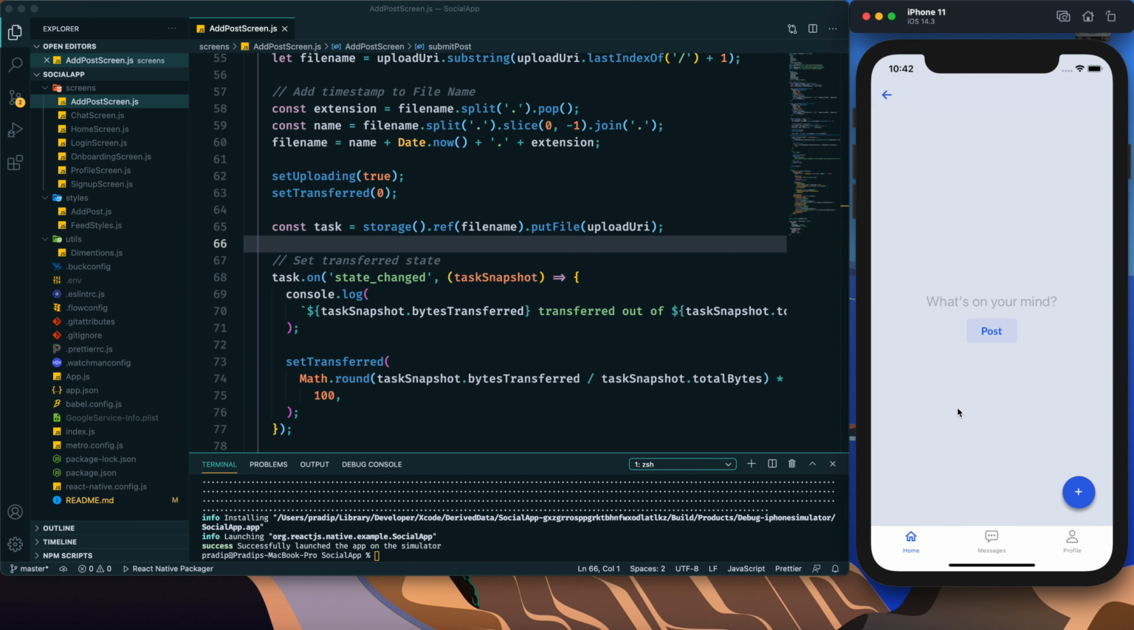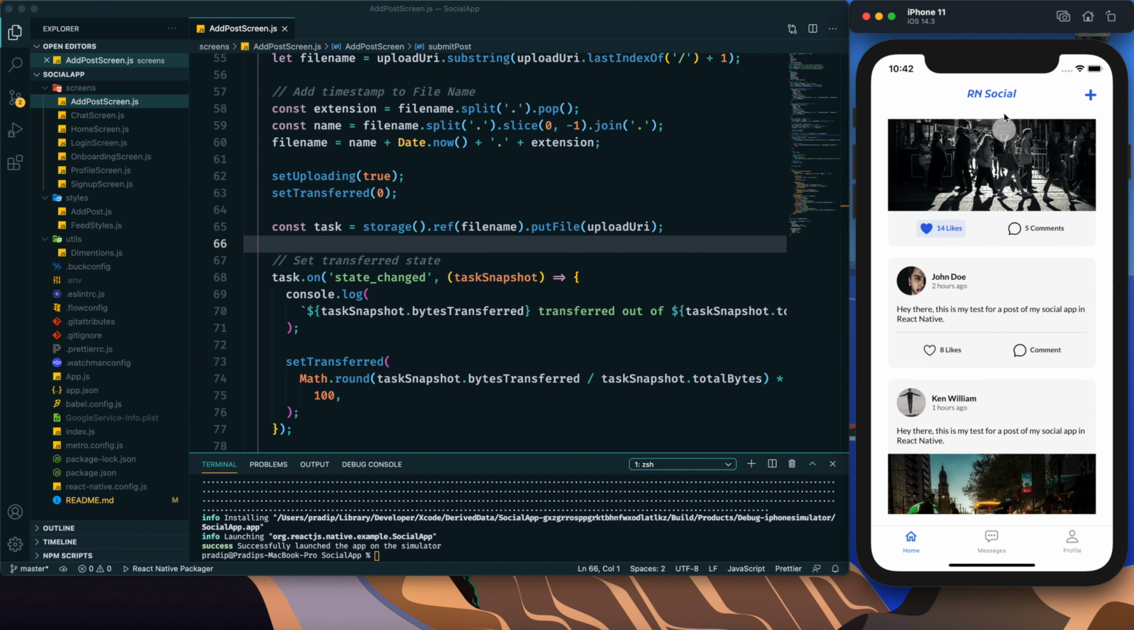So this is the direct continuation with that, and now I'm going to add post along with those images in our Firestore database, and then we will display those images and post as well in our home screen or this